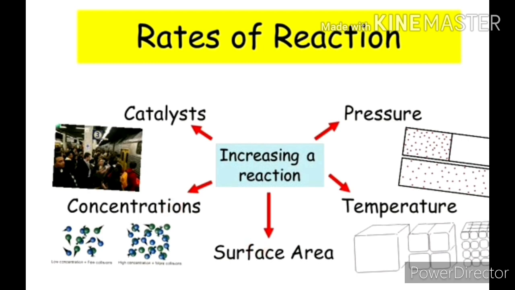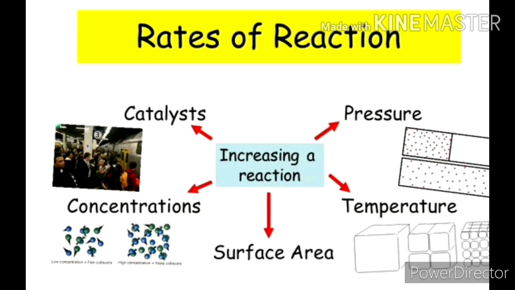Now, what do you mean by the rate of a reaction? In order to measure the rate of a reaction, we need to measure either how fast the reactants are being used up or how fast the products are being formed. Because faster the rate, faster the reactants will be used up and turn into products. So, the rate of reaction or the speed of reaction is defined as how fast or slow a reaction takes place. Reaction rate has to do with the speed of a substance's particles.